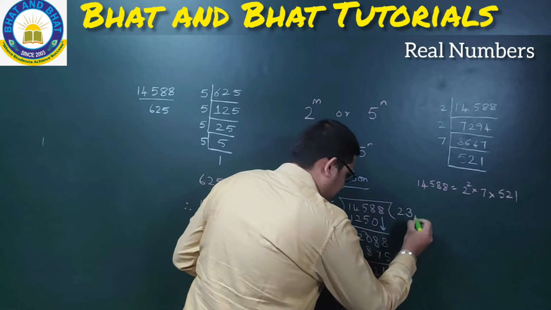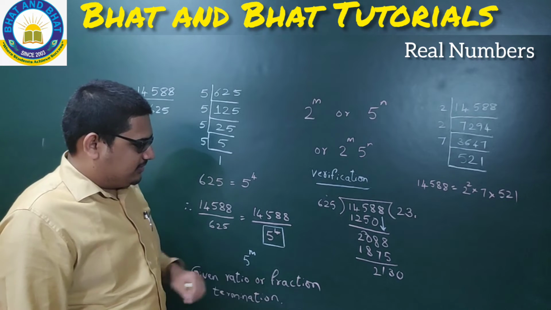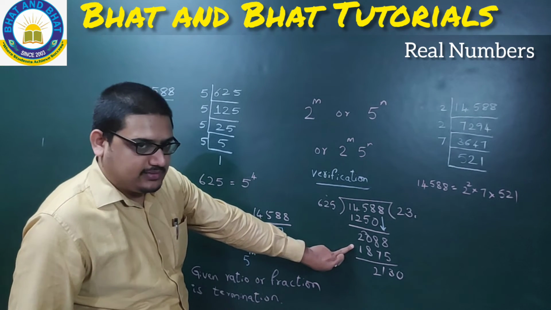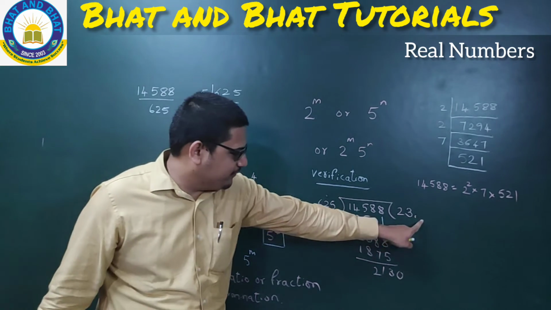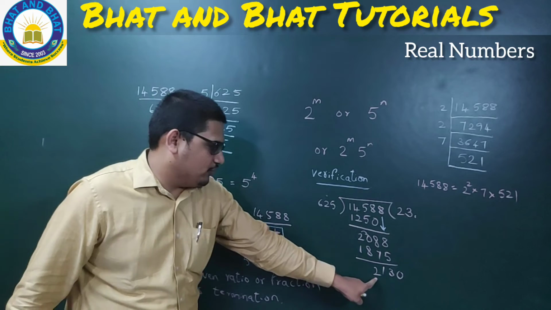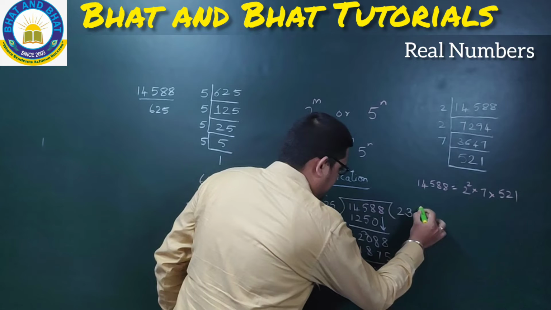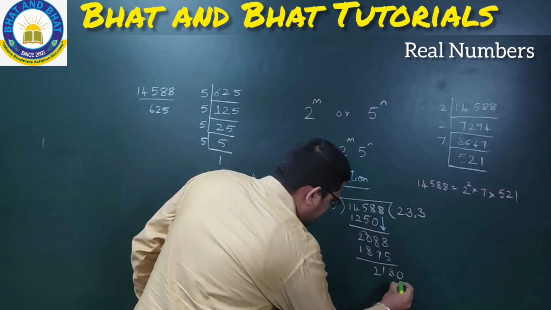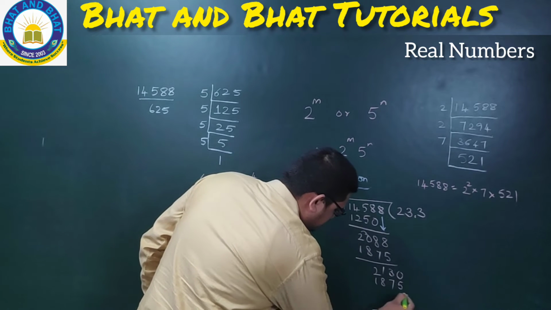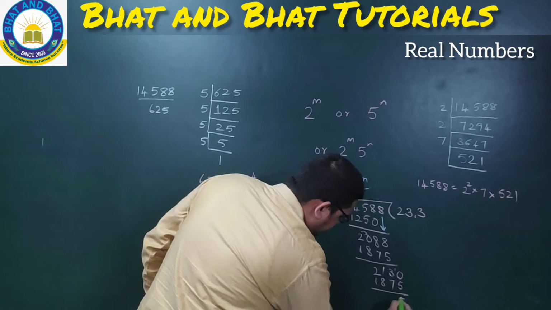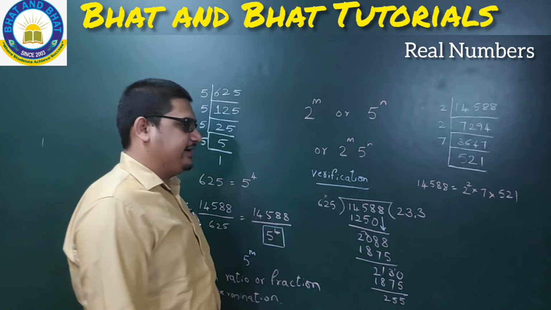I should put a decimal point, then 0, 2130. So again, see, it was 1875, correct? So can I go for 4 times? If you simply take 4 times and multiply, 4 6s are 24, it is going bigger than 21. So obviously not possible. So I have to go for 3 times only. So 3 5s are 15, 3 2s are 6 plus 1 is 7, 3 6s are 18. So I have to take a carry, 10 minus 5 is 5, 12 minus 7 is 5, 10 minus 8 is 2. So 2 5 5.